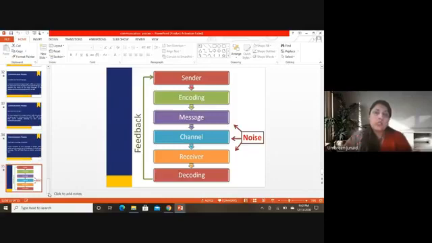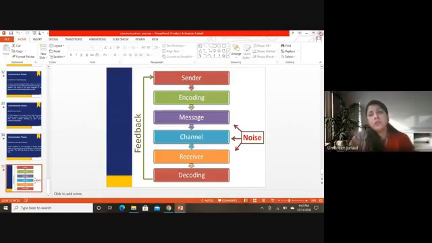and communicated in the way it was communicated. And through the feedback, the sender can get a very good idea whether the message has been delivered properly and rightfully. So these are the tips, and this is the overall process of communication, and these are the steps that are followed in the communication process.